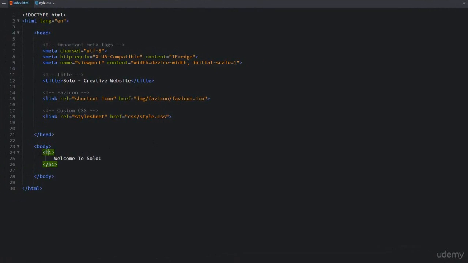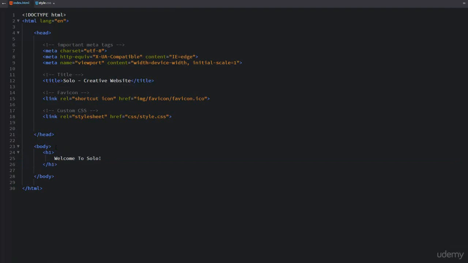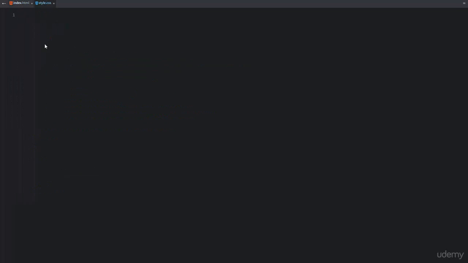Right now I have this h1 element and I want to apply some CSS to this h1 element. So I'm going to take this h1 element as an example, and for that I will move to style.css.